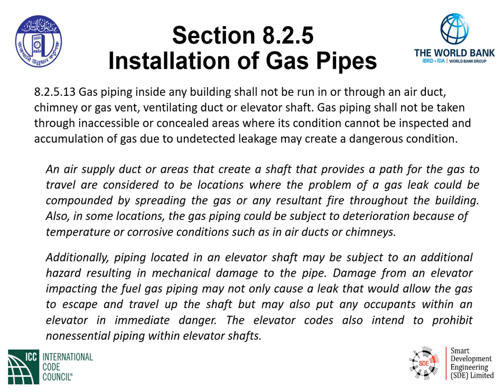Gas piping, according to this section 8.2.5.13, indicates that we cannot run gas piping through any air duct, any chimney, or even a gas vent, or ventilating duct or elevator shafts. We need to be concerned where gas piping will be placed within the buildings. We don't want to create any type of dangerous condition where gas may be allowed to accumulate by leakage or damage to the piping. So an air duct supply,